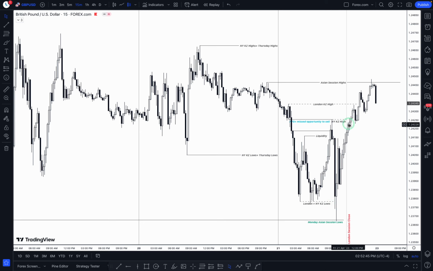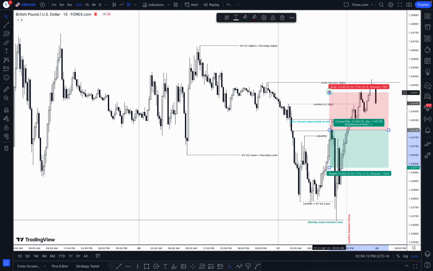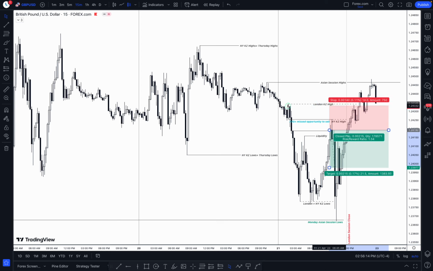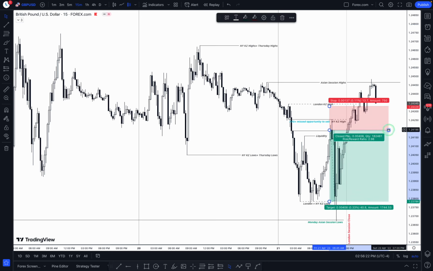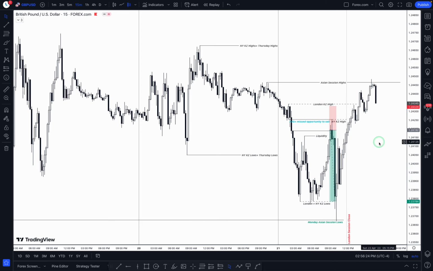This red line delineates where we entered the trade from. Also, we missed this trade when the liquidity above this high got swept and we tapped into this fair value gap and this order block. We got the chance to enter the sell that we missed. This is what it would have looked like. The stop loss above this order block, and then the take profit would be towards the London plus New York kill zone lows. So that's a trade that we potentially could have taken, but we have missed it.